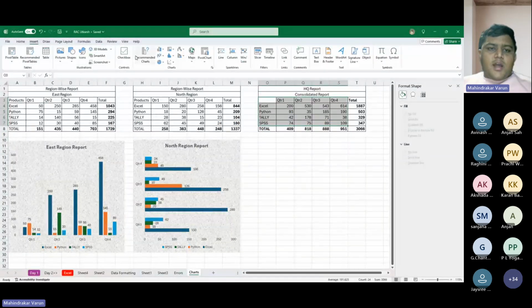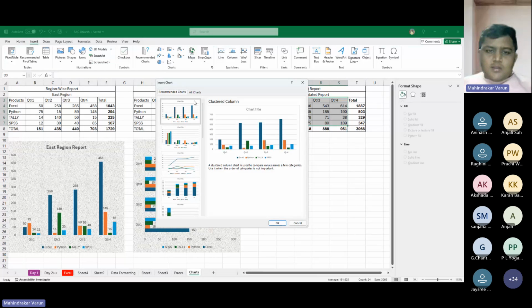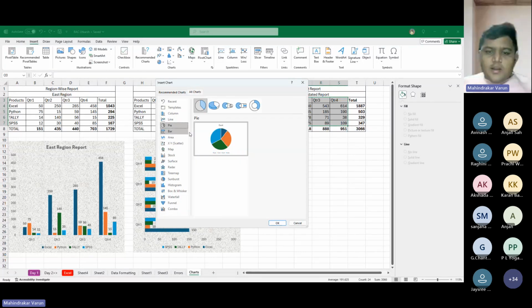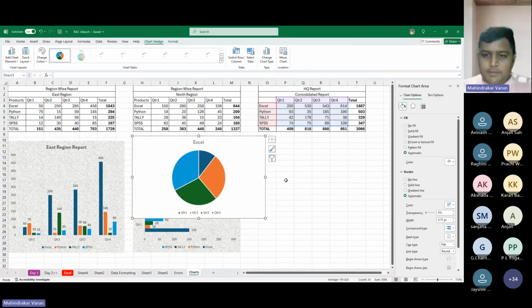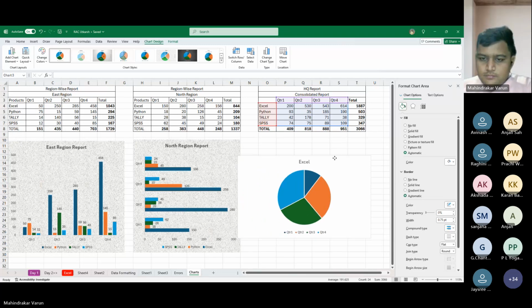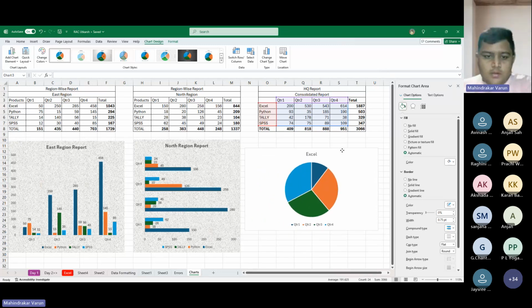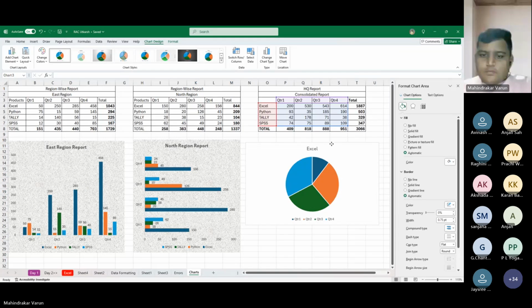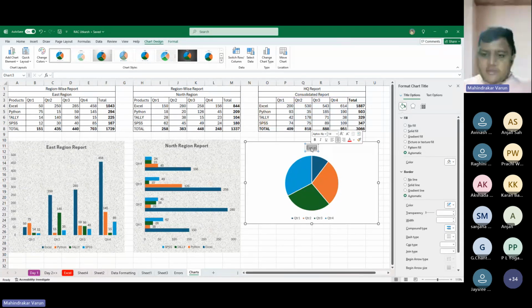Now for this, I'm selecting it and going to the insert tab. Let me select another chart this time. Let me select pie chart. There are multiple charts: pie chart, donut chart. Pie chart is much recommended. So here you can see I selected the pie chart. Here I'm writing